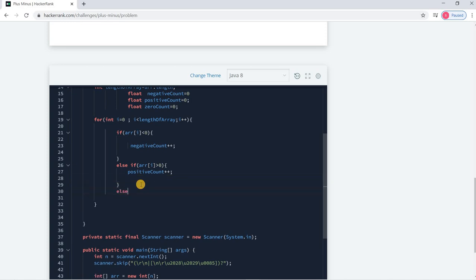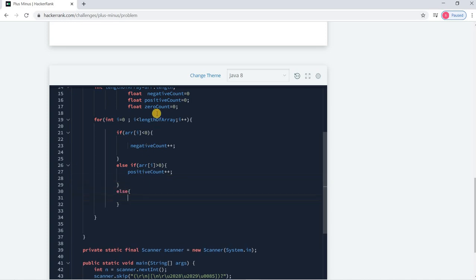The remaining is else: if the number is non-negative and non-positive, that means it is equal to 0. So in that case we have to increase the zero count.